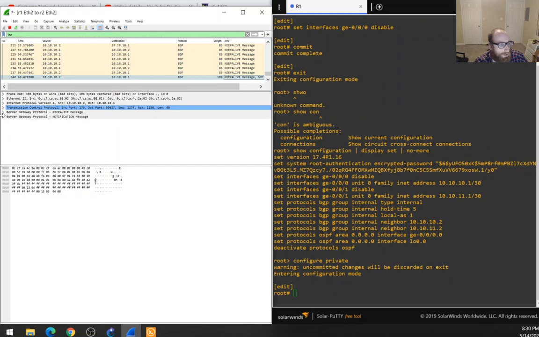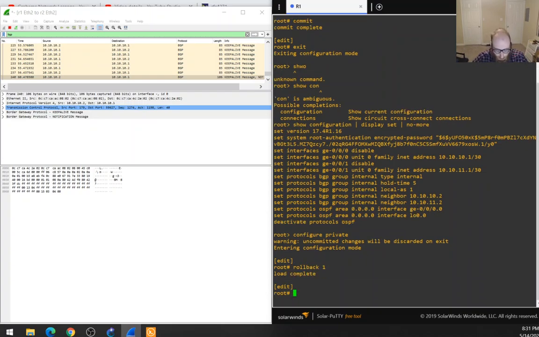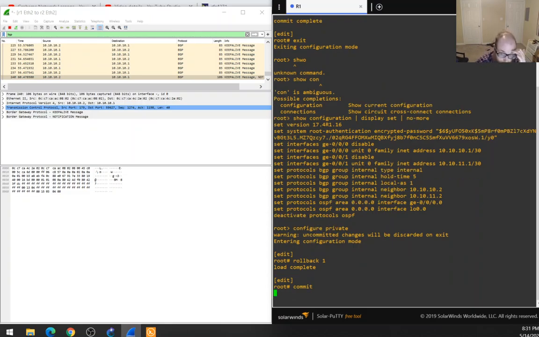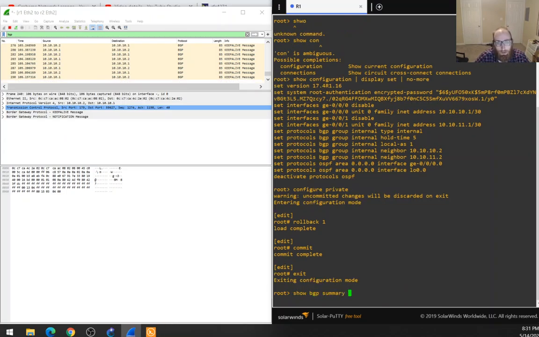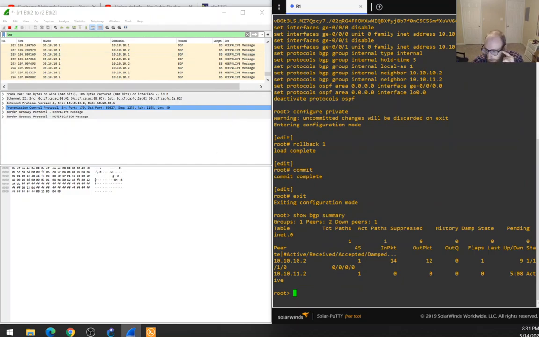So here's our notification for shutting that down. Hold timer expires since it's set to 5 seconds now. So we're going to roll this back, and we won't get a collision because we'll see why we won't get a collision. So yep, we can see we don't have a notification message. Everything is hunky-dory, no problems there. So if I do a show BGP summary, we can see our